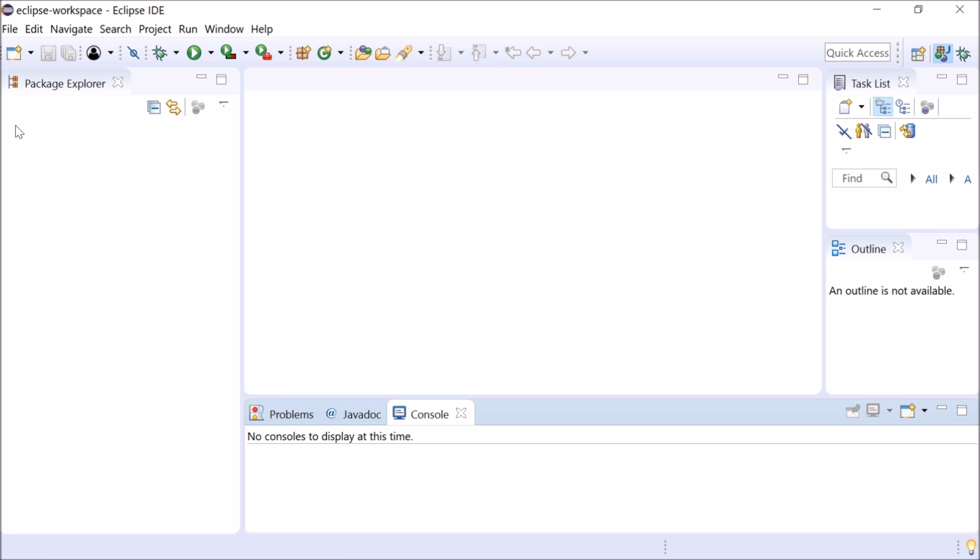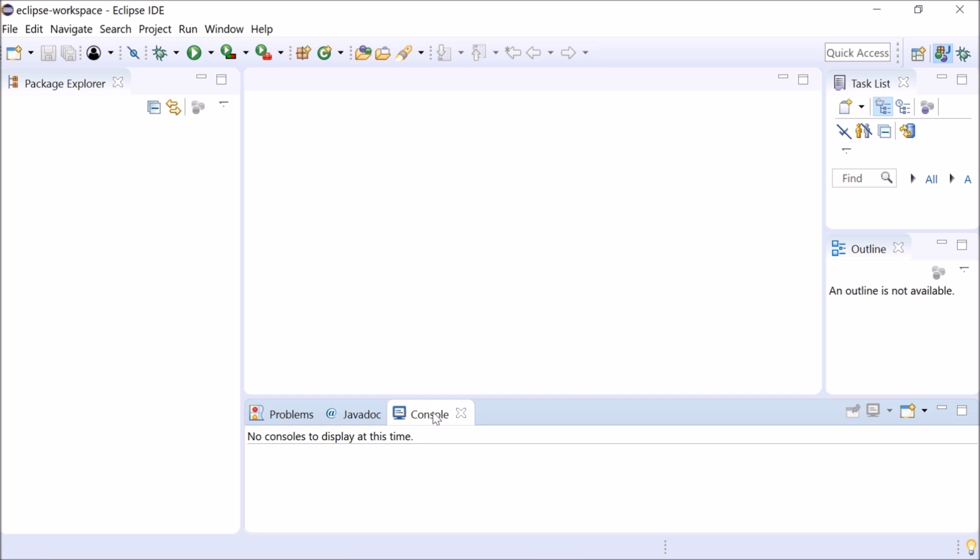This Eclipse IDE can be divided into 5 sections. The first section, the package explorer section, lists the different Java projects. The middle section can be used to write the code in the Java language, and whatever the output of this code is will print in the section below, inside this console.